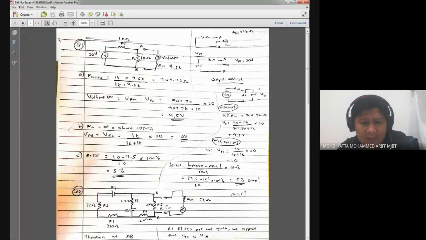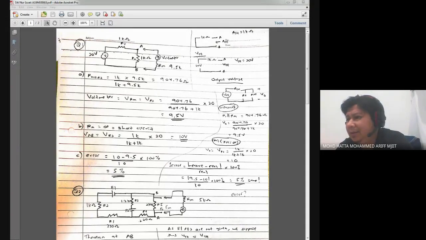So the correct answer is 9.5, and here Izzati also got 9.5, so it is correct. And the way Izzati finds the solution,